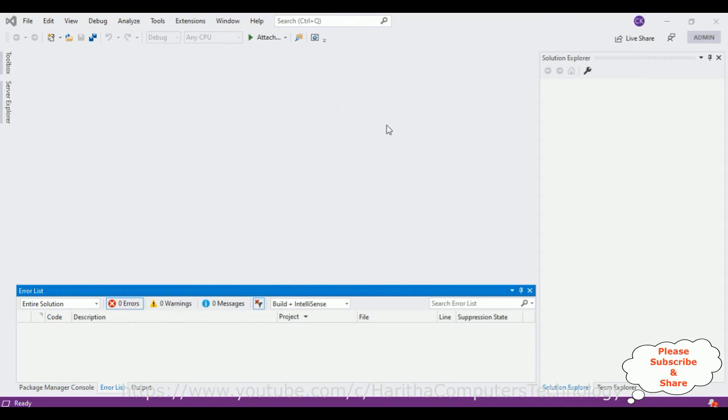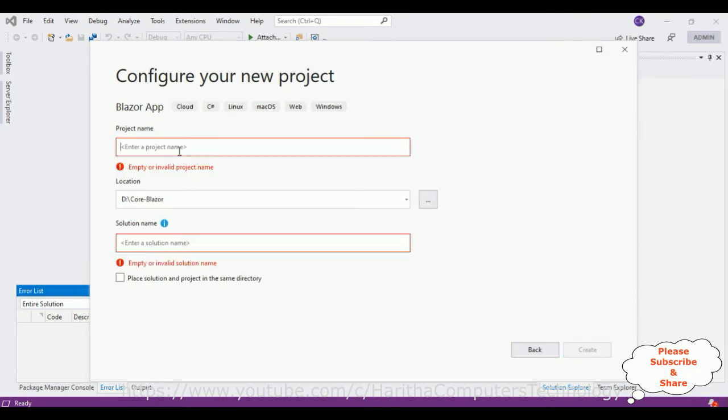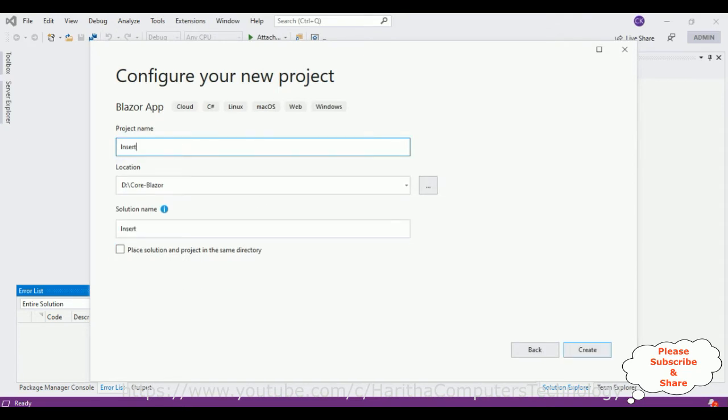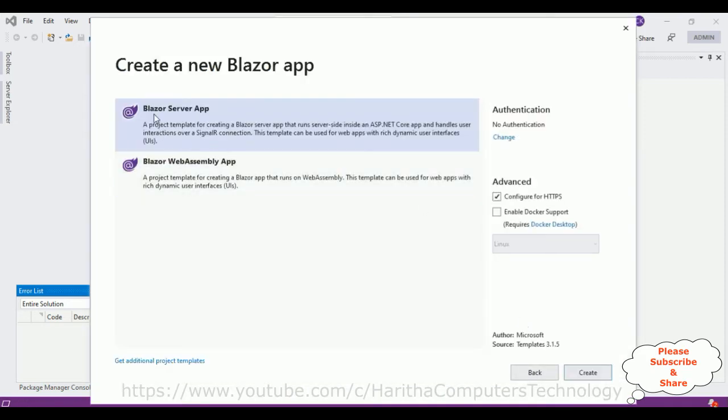For this video tutorial, I am creating a new Blazor application. Go to File, New, Project, and the project template I am selecting Blazor app, click Next. Let's give the proper project name, Insert Record Stored Procedure Blazor is my project name, and I want to save this project in core Blazor folder, which is in D drive. Let's create this project, create. After that, I'm selecting the Blazor server app template, click create,